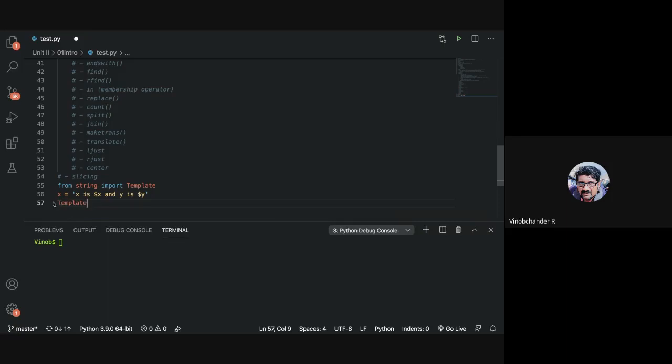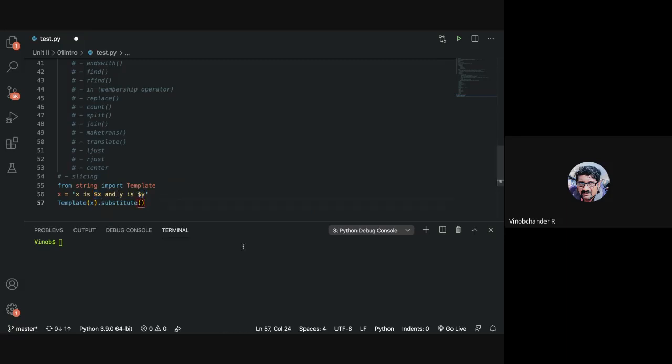I invoke this class to create an object, by making use of its constructor. Within the constructor, I specify the string. So you pass this string to your Template constructor and instantiate an object. Once you create an object of the Template class, you call the substitute method to substitute what is to be substituted for your placeholders represented by $x and $y.